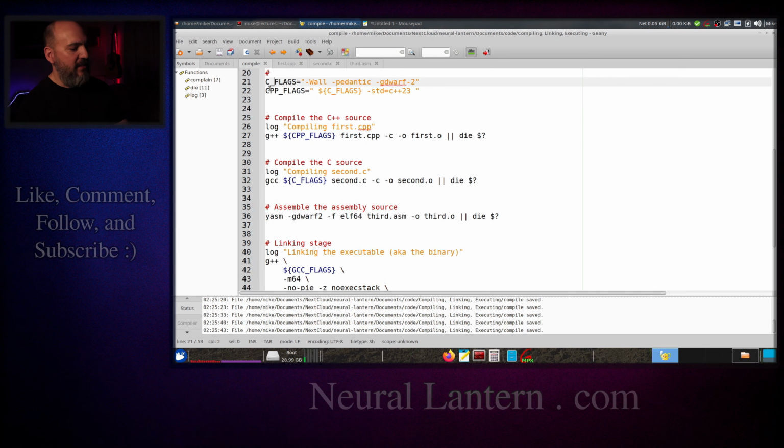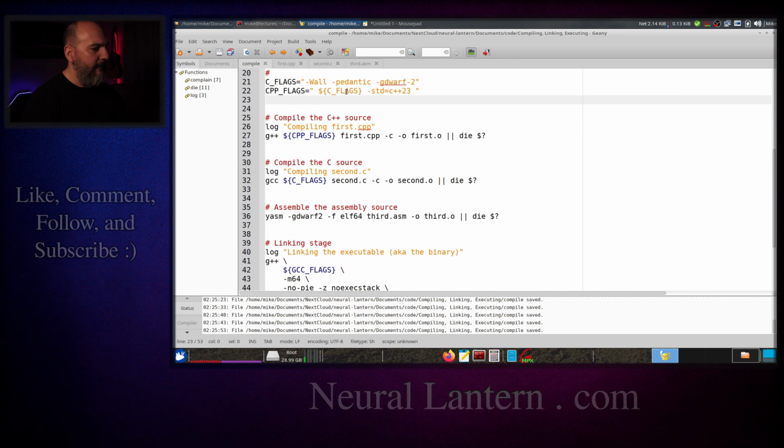I think some people put CC to mean like C compiling, but I don't know. I just want to do it this way. So we have that, and then we're going to do CPP flags